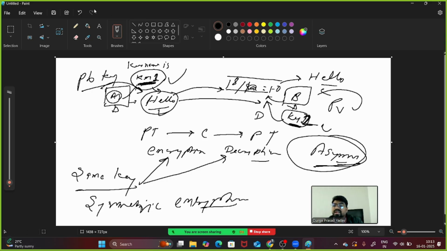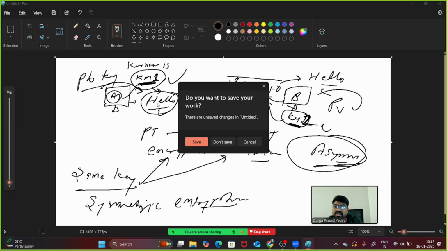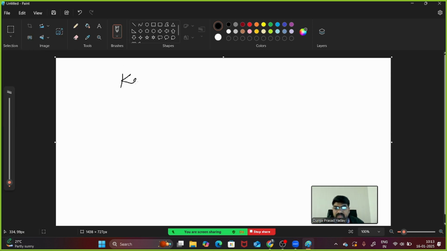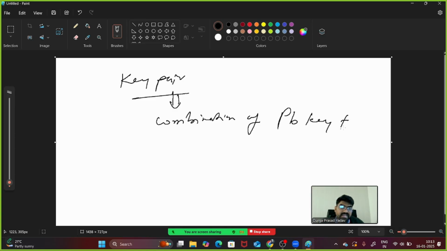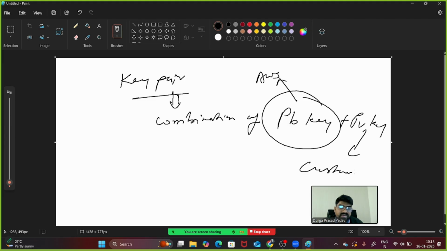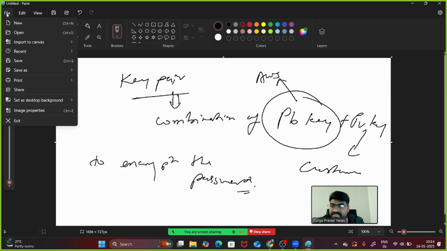And when we are learning about key pair, guys, the key pair is the combination of public key plus private key. AWS keeps the public key, and the private key they share with the customer to decrypt the password. Understand, guys? So that's why we are able to decrypt the password and log in to the virtual machine. Is it clear?